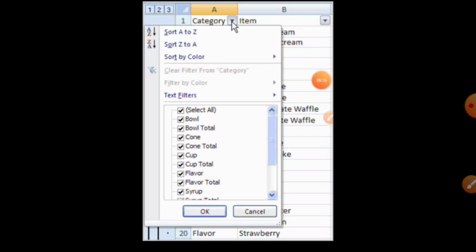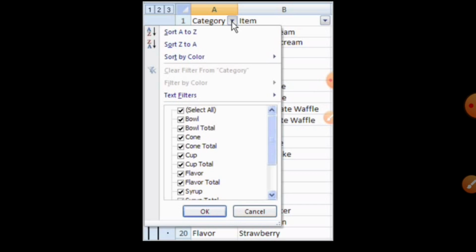This screen shows that you can select by category here. Suppose you have lots of data and you want to see a particular item. Here it is Select All, but you want to see individual data.